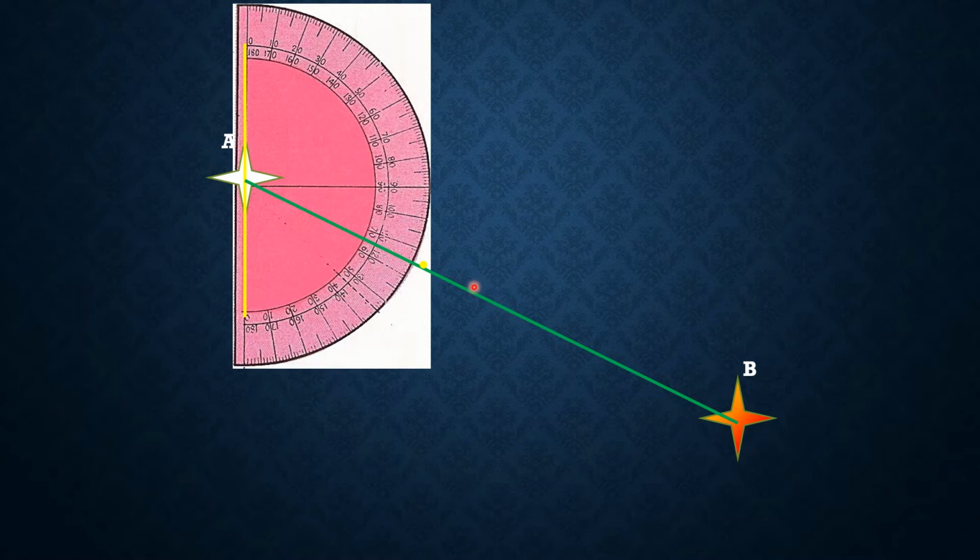So the bearing is 115 degrees. Here we have our 115 degrees. This is 110. This is 100. So we have 100 right here, 105, 110, 115, and we have 120 right here. So the bearing of point B from point A is